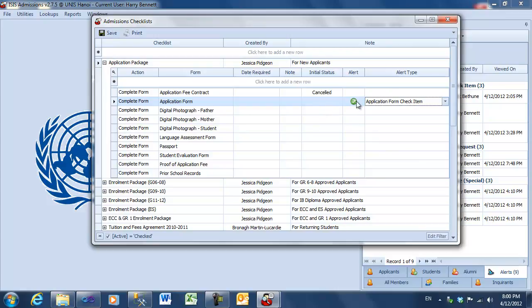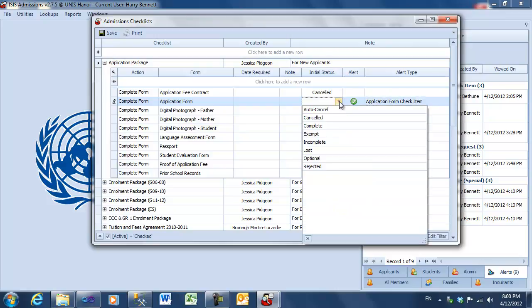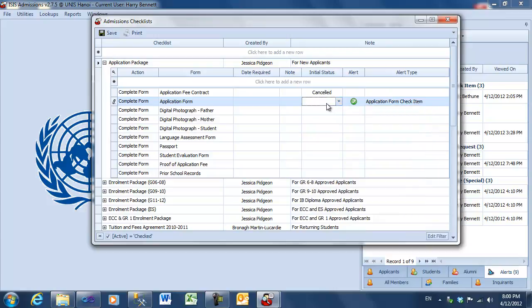All right. So now, when any of the statuses that trigger an alert hit on this one, an alert will be raised of this type. Now remember, the green means that the alert will be raised and no questions will be asked. If you want to be asked, for instance, whether or not to send the alert and to change the subscription list, you should use the blue question mark. If you don't want any alert to be raised, that's the blank. Now once that's been raised,